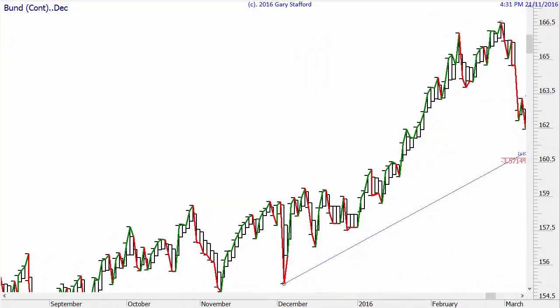Now the next trade I made was on the German Bund, and I did a video on levels that I was interested in on the 9th of March 2016, and basically the chart looked like this. Now I didn't put it out as a focus signal, which is like these summary videos I keep showing you. There were a few places I was watching it. It really depended on what it did when it got there.